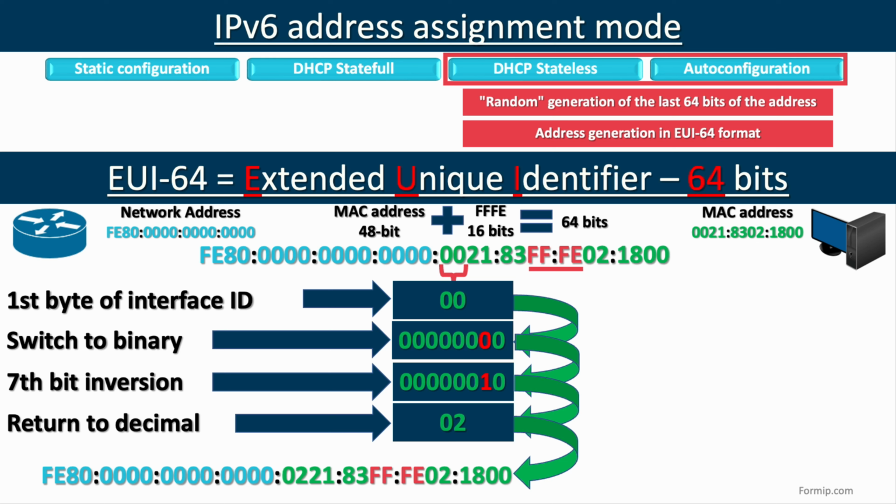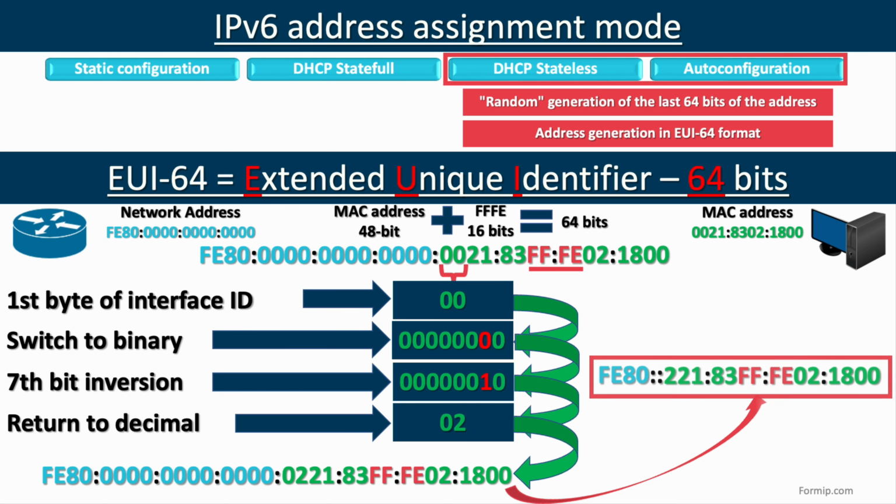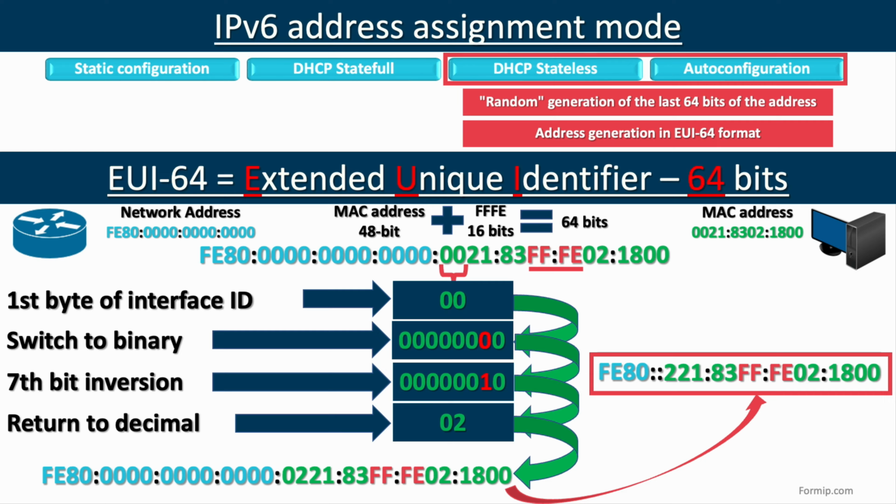This is an address that is very easy to spot with the FFFE field in the 4th and 5th bytes of the interface ID. And to finish the course, we're going to shorten the IPv6 address of the PC by removing the 0